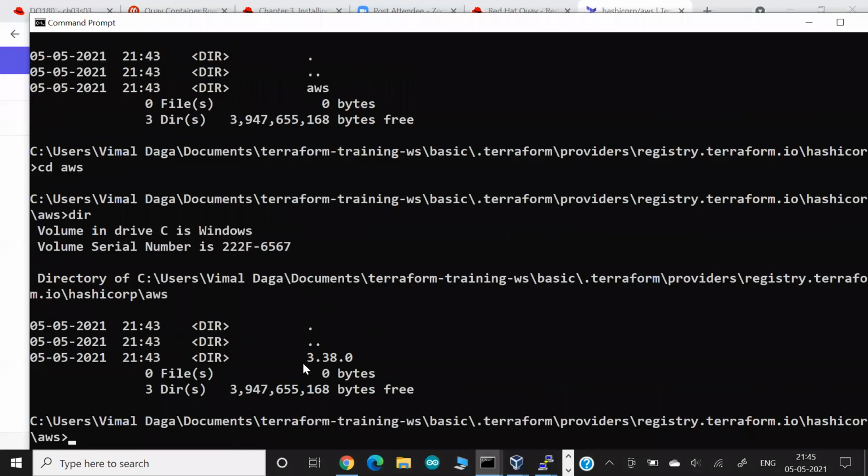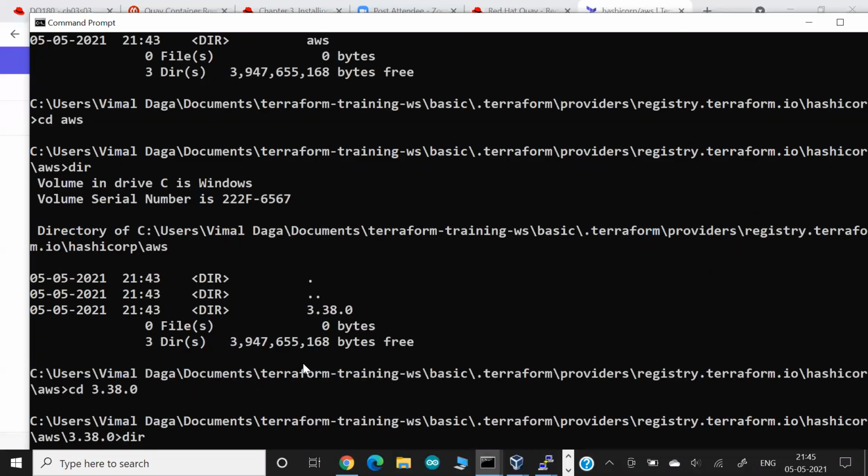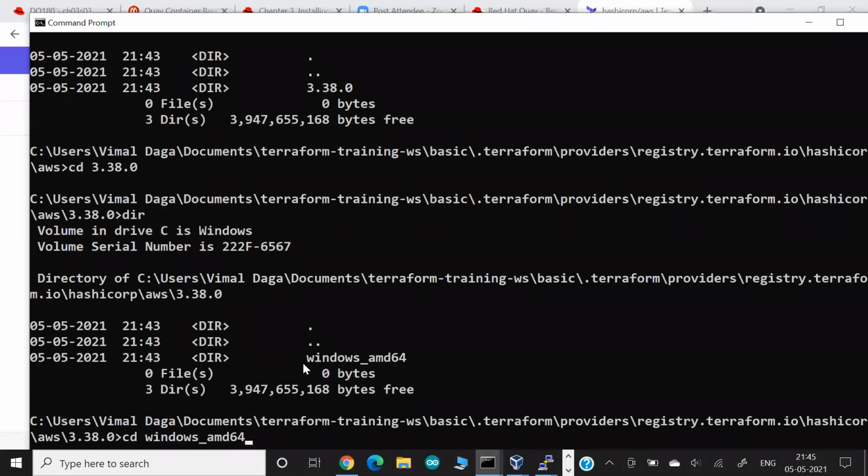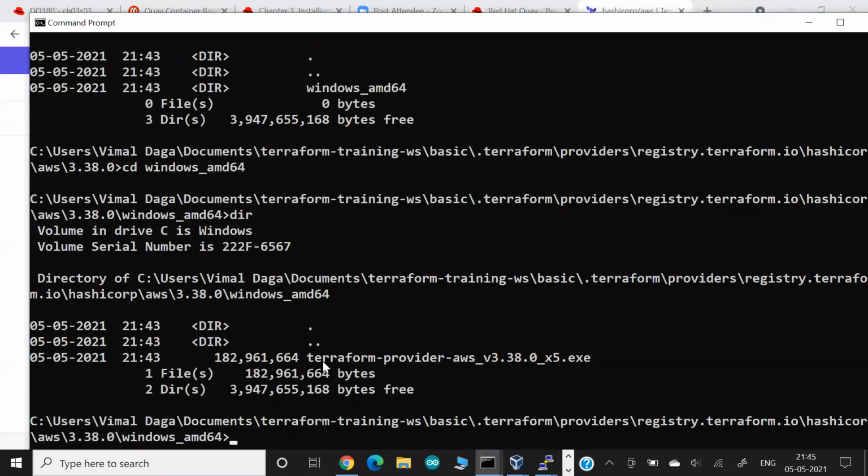Okay, and because they maintain in this way, multiple directories are created. Now, finally, you see this folder file that they downloaded. Because they detected this is the Windows OS, so they downloaded the exe file for you. But this is the actual